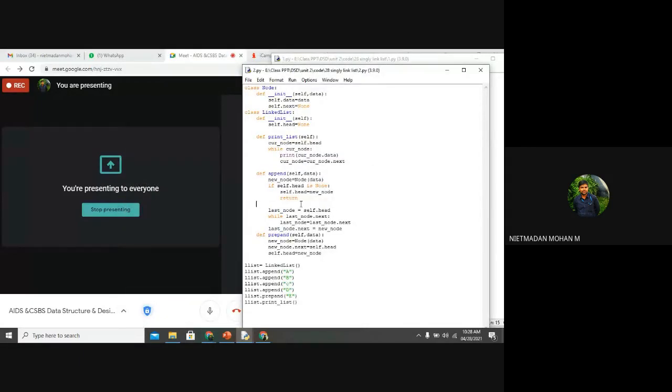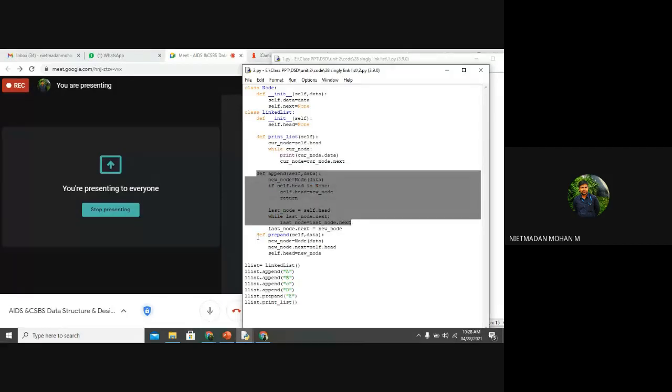So on the same thing I have written the program. So this we have written for an append function. The same program I have split one more time. So here the same thing: the code has been created, the linked list has been created, and a print statement has been created for each individual process, and the append function has been defined and executed.